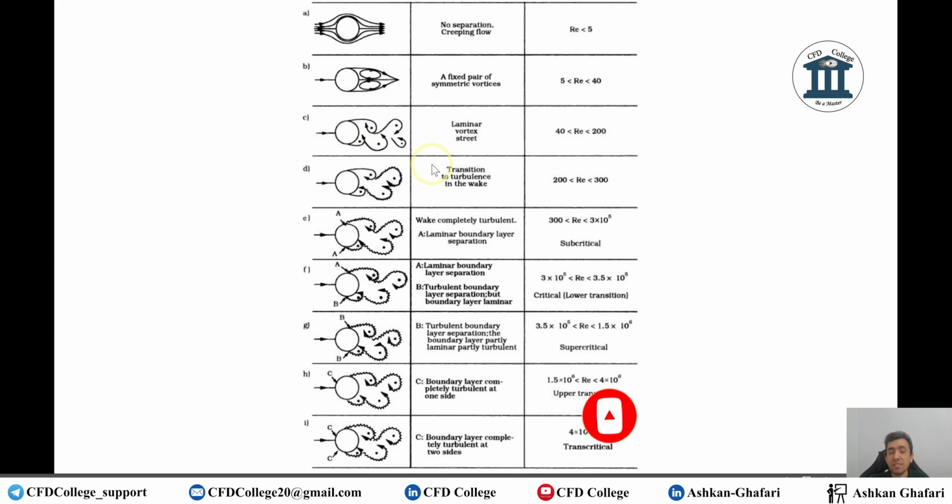But in this situation, we have a vortex street, the Von Karman vortex street. So the simulation cannot be done in steady state. We should use transient, and this is a good example for you to learn how you can perform